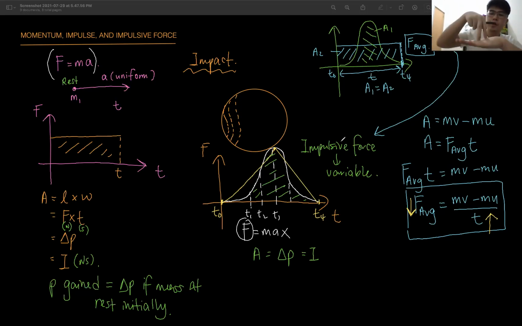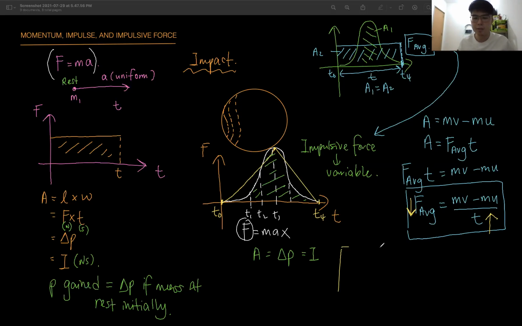Okay. Now, if you put a mattress, because if you go into the structure of the mattress, the molecules can be compressed. So the moment you land on the mattress, what happens? Your speed does not decrease to zero immediately. It compresses the mattress down a certain distance. Then only your speed is zero.